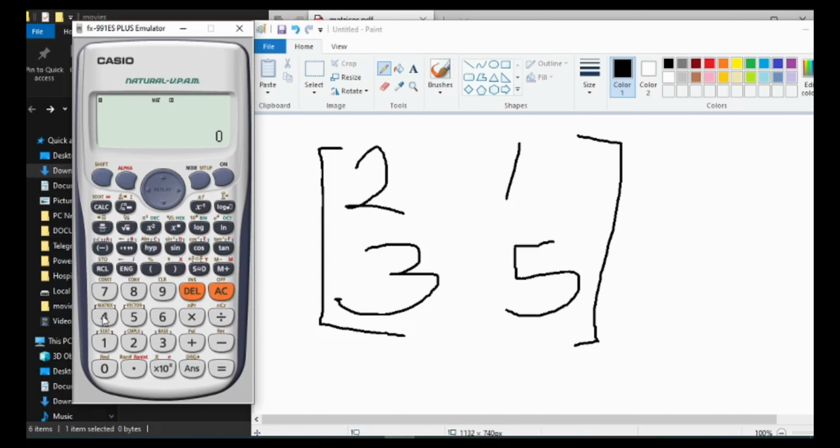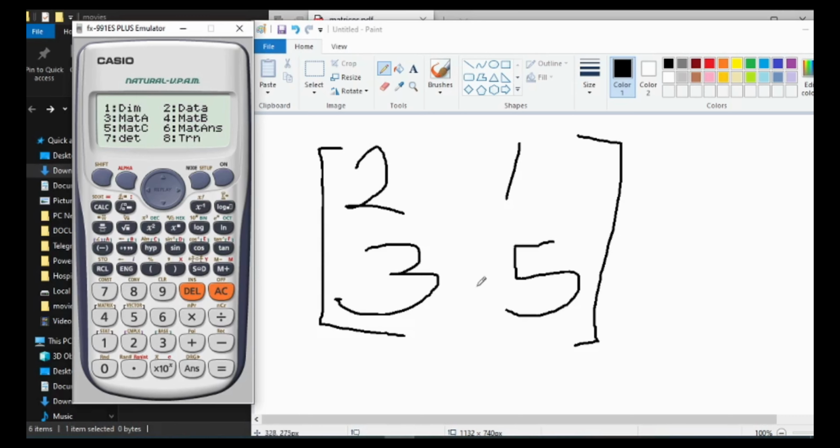And then if you click shift 4 again and come here, Mat A is the matrix itself, what you've entered. If you click on Mat A, it's the matrix itself. You will understand when we start solving more questions. Matrix B is matrix B itself, and then Mat C, then matrix answer, that's if you have solved something and have an answer already. And then we have determinants, which is what we want to solve right now. Then we have transpose, but we don't need a transpose right now. All right, so we are going to choose